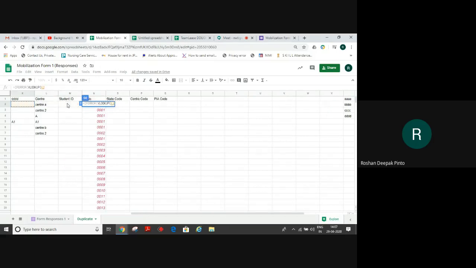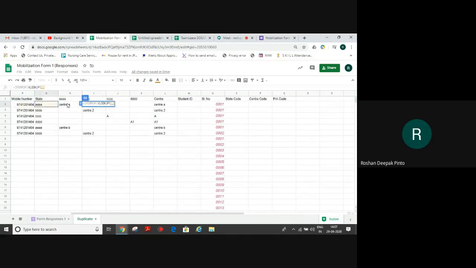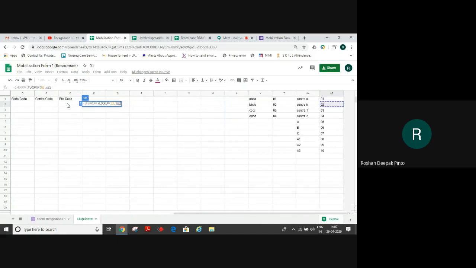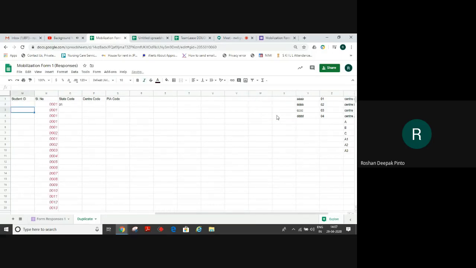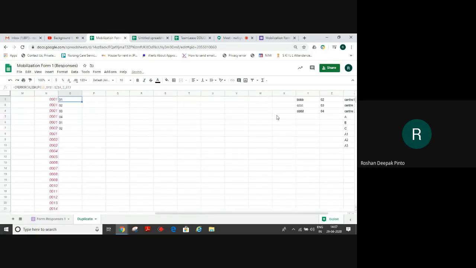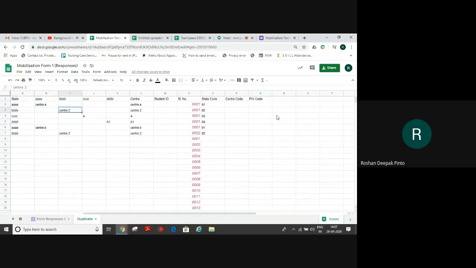Here in this case, I want to look up the state, comma, and I go back where I've written the state codes. I'll select that completely and press the F4 function so that it doesn't get changed. The dollar sign will come against the cells so that it doesn't waver. Comma, it is in the second column, so I select 2, comma 0 and enter. So you get the state code there. I'll copy this and drag it till the end. So for each of the states, it has picked up the code.